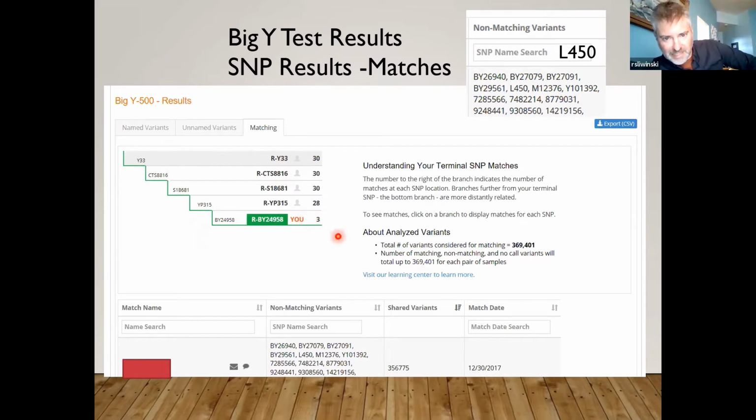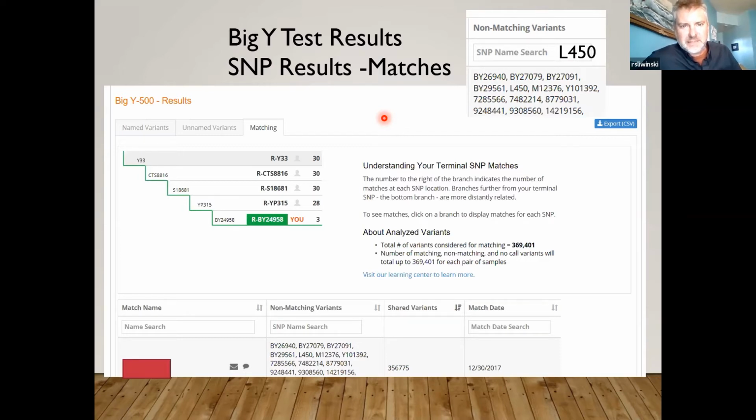The other thing I found out is that I have a private mutation, an SNP called L450. And anybody else that has the other mutations that I have in my genetic tree and has L450 is definitely directly related to me. Now, the gentleman that I was more closely related to with the STRs in the YDNA test, I asked him if he would take a specific L450 test in addition to other ones. And he did that, and he did not have the L450,